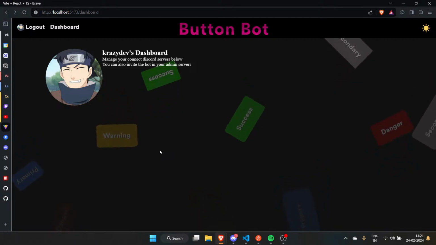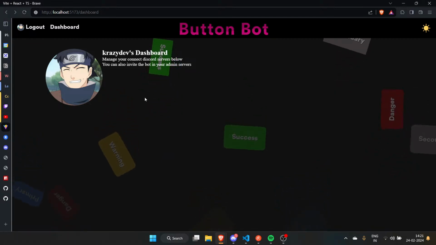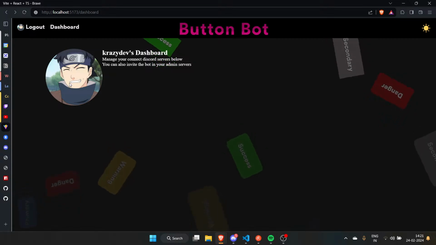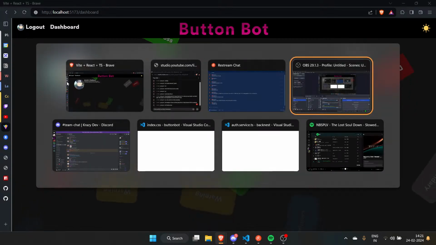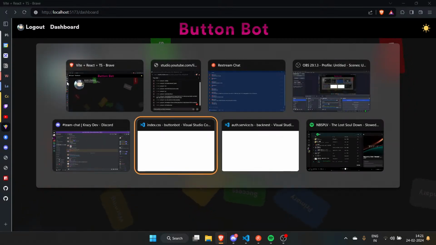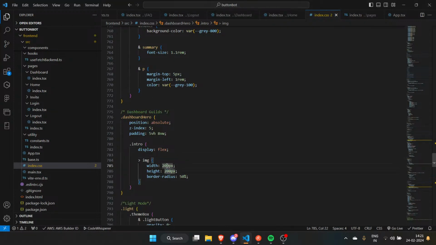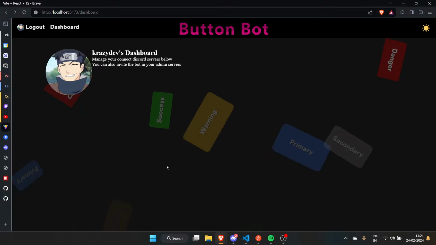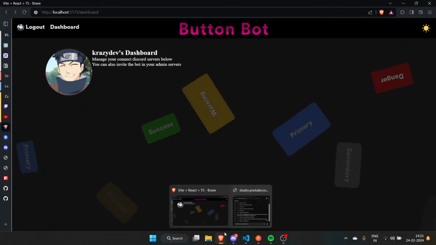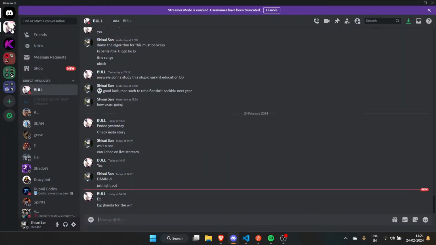That's awesome. Now I think this thing is a bit too big. Do you guys think so? Oh, okay, I'll make it 164 pixels. Damn, that's probably a bit too small, lol.